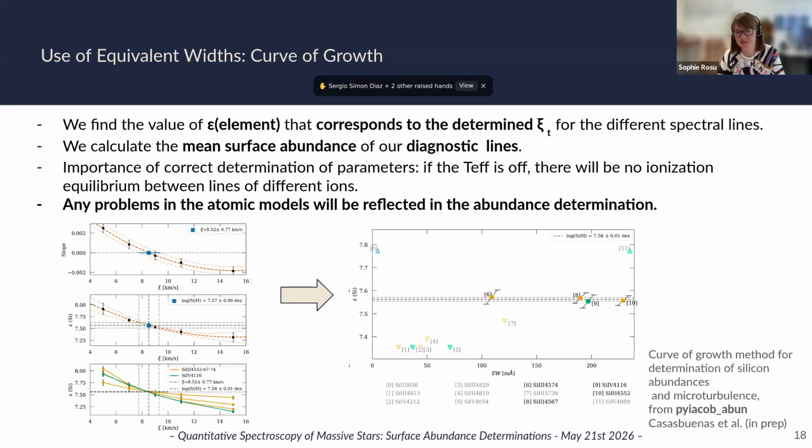I think maybe Sergio has an answer. Yeah, complementing, in addition to that. It's a pity that Norbert is not here today, because I'm sure he also has a strong opinion on this. He has been working on atomic models for many years. In addition to what Alba said, in this case, the lines of silicon, these are probably Si III lines, if I remember correctly, the 4188, 30. So this comes from a multiplet that is very high in energy levels, and it's at the, let's say, boundary of